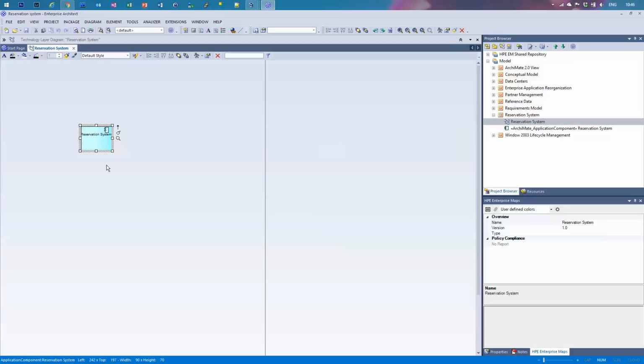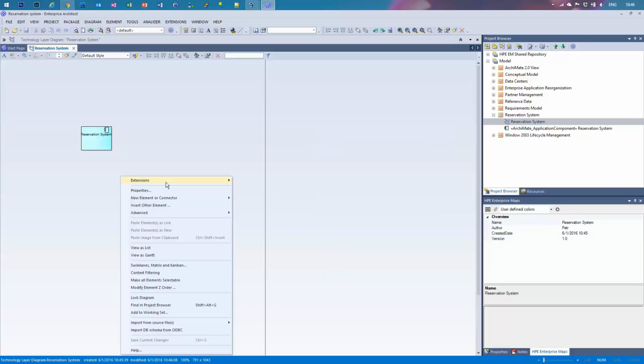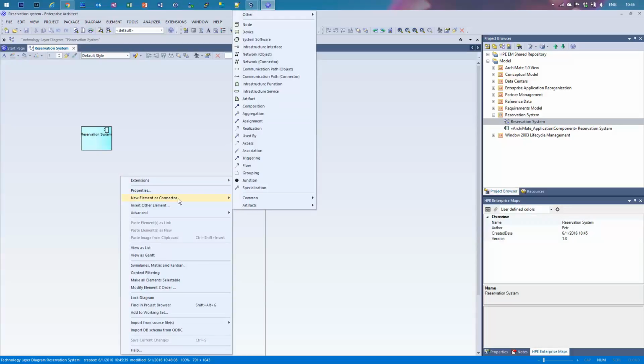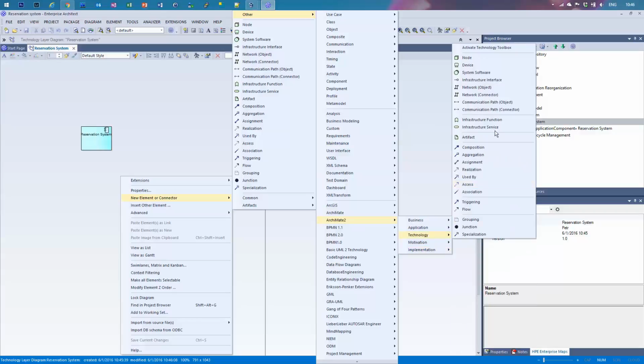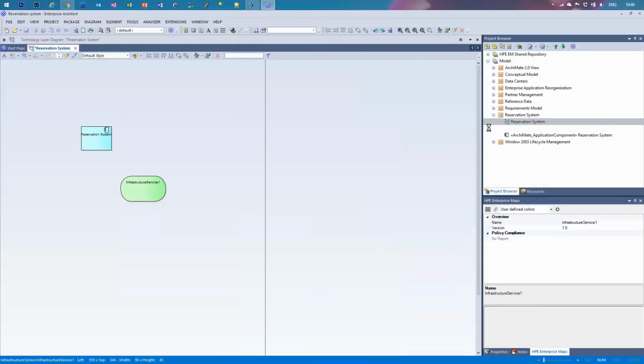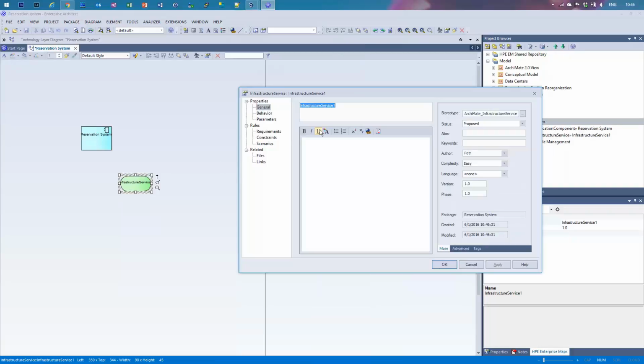Now this application will have some environment it will run on, so let me create some infrastructure service. This one is in ArchiMate 2.0 technology, infrastructure service here, and it will be a production environment. Okay,